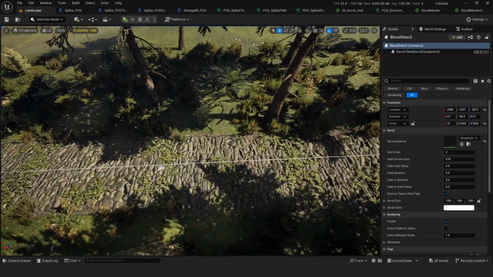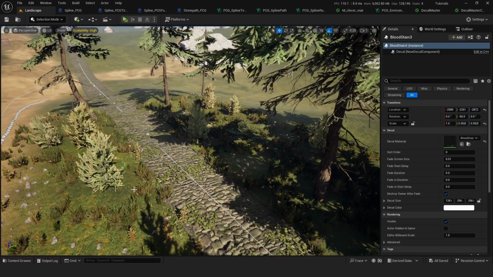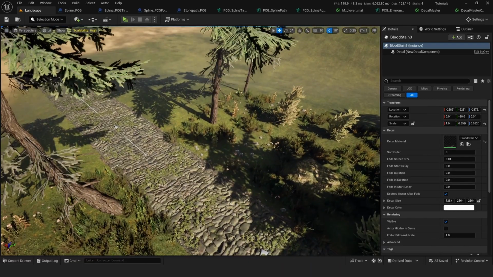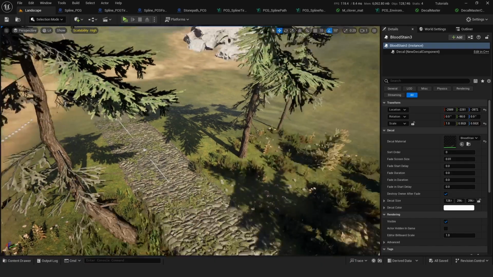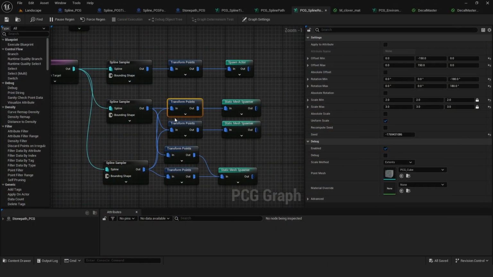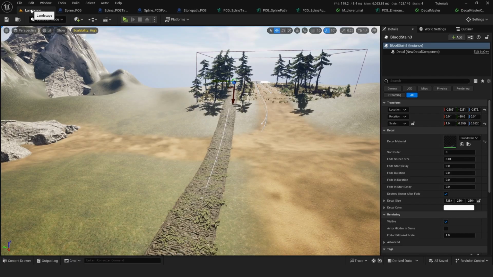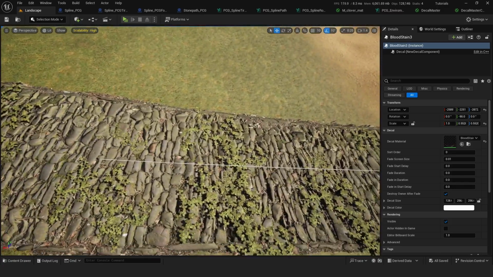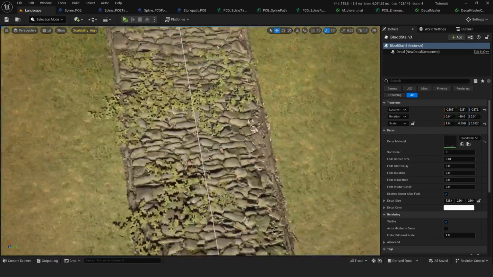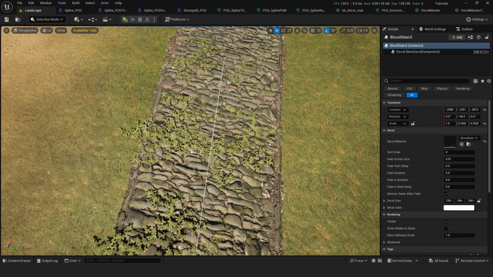So this is just an idea that you can use to maybe mitigate some of the problems and defects that your level may have. Each of these clovers has a different transform. Since I wanted the clovers to be positioned covering the whole seam,